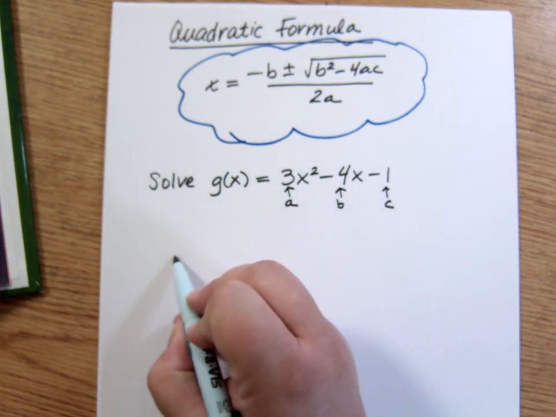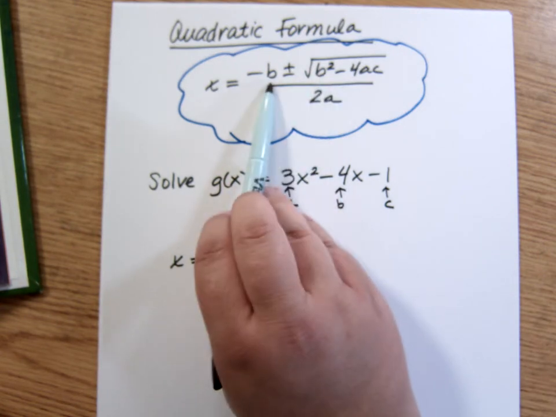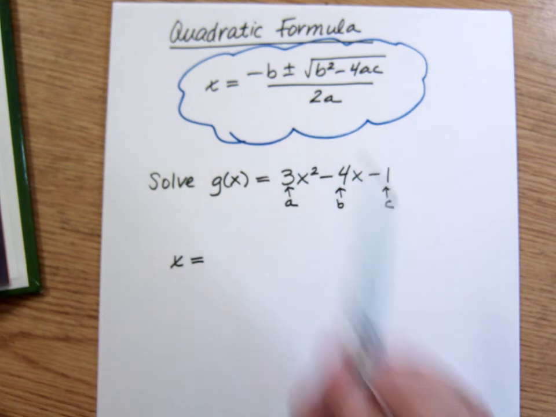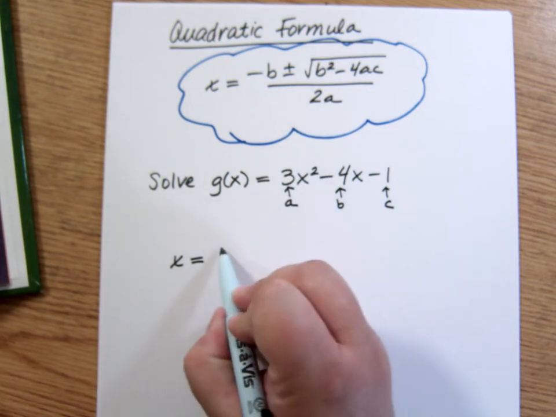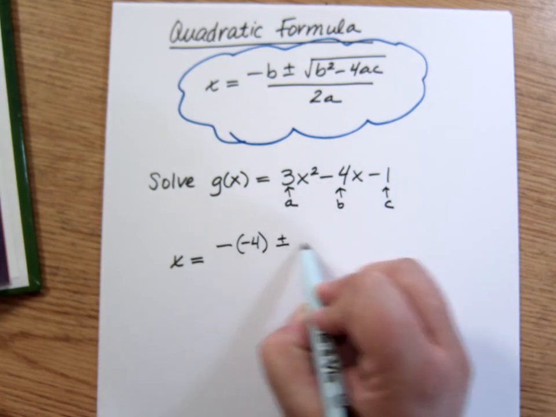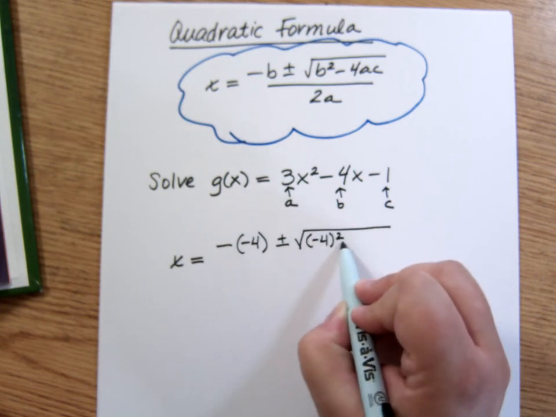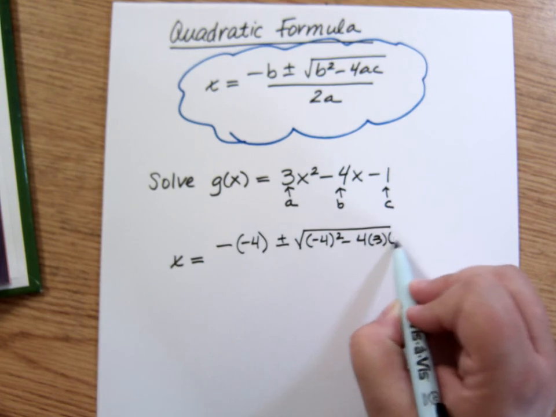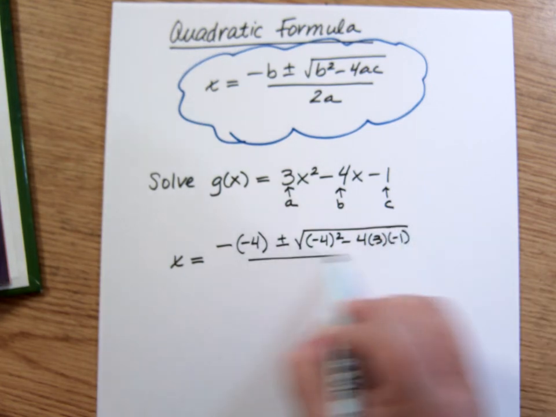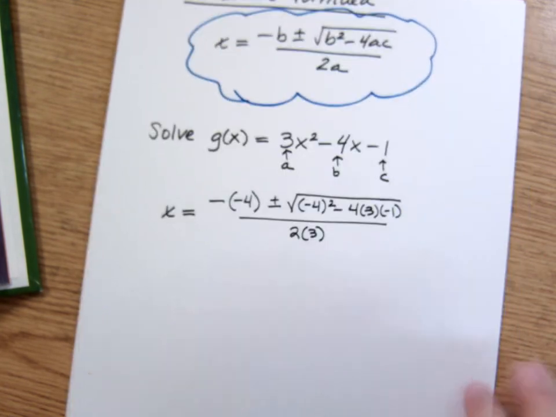So first thing I'm going to do is plug in. I would strongly advise you when using the quadratic formula, when you first plug it in, just plug it in. Don't try to do anything while you're doing it. Like don't try to square B or change the sign of B or multiply A times 2. Just plain old plug it in. So I have opposite of, and B is negative 4, plus or minus square root of, negative 4 squared, minus 4 times A times C is negative 1. And that's all over 2 times 3. So all I've done here is I put B here,